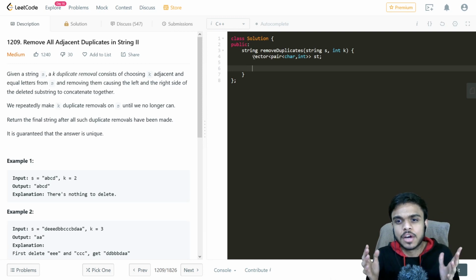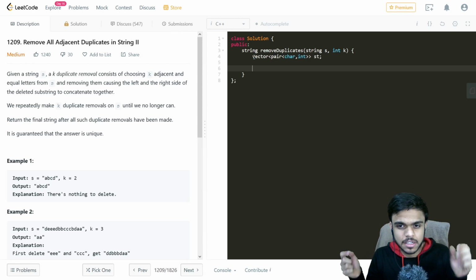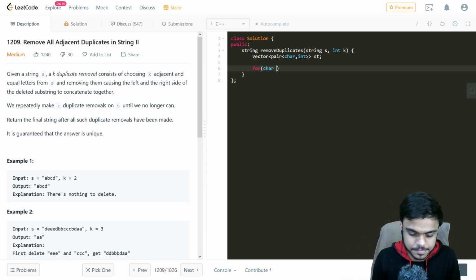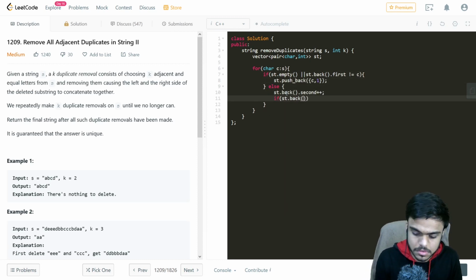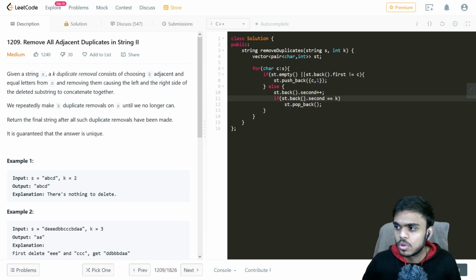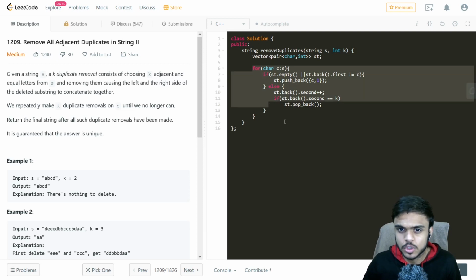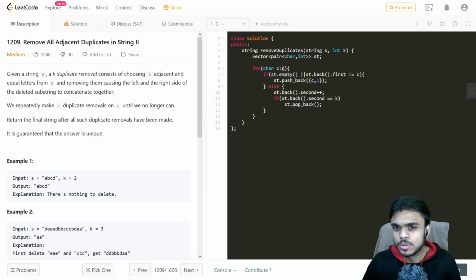Now we will start with implementing, because we need to iterate the complete string s that we are given. So let us do that. Okay, so now let's see what this part of the code does. We are just iterating the string that we are given, for every character.